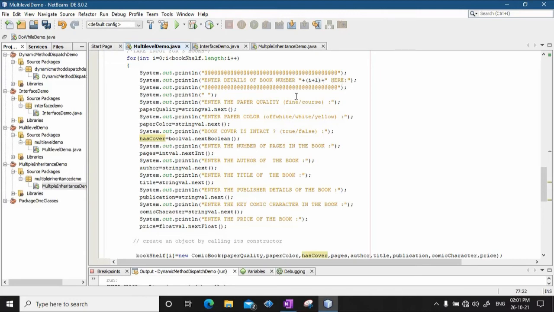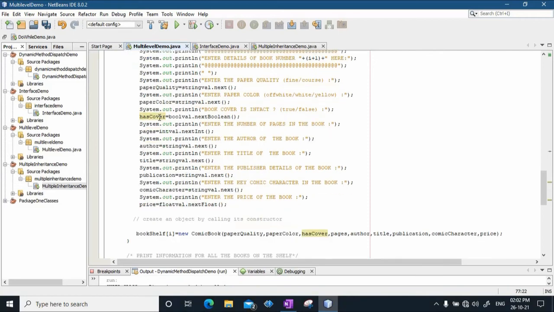Then it will ask the user to enter the paper quality, and you have to choose either fine or coarse. So, using string val, that is a scanner object, I will be entering the answer, that is paper quality. Then it will ask, what is the color of the book, that is off white, white or yellow. Again using the string val scanner object, I will be entering the value of paper color.